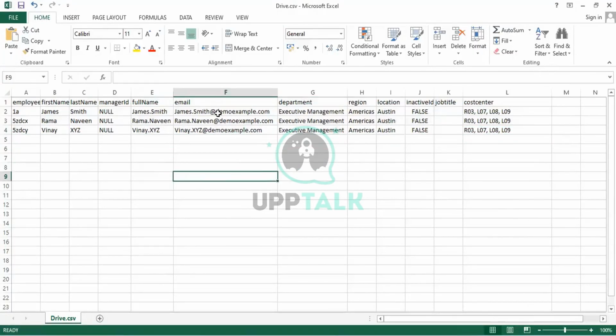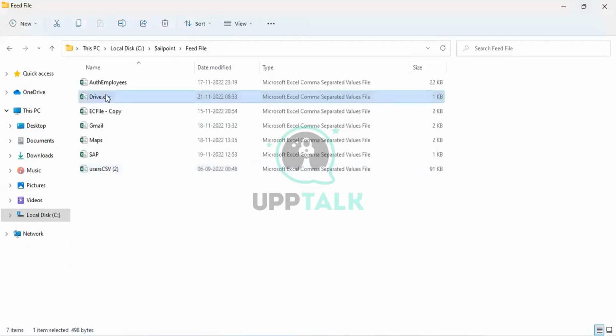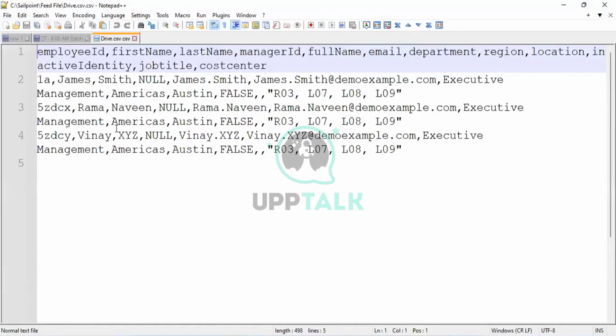We can open this file in WordPad or Notepad++ and you will come to know. All the columns have been separated by a comma, which means comma is the delimiter.